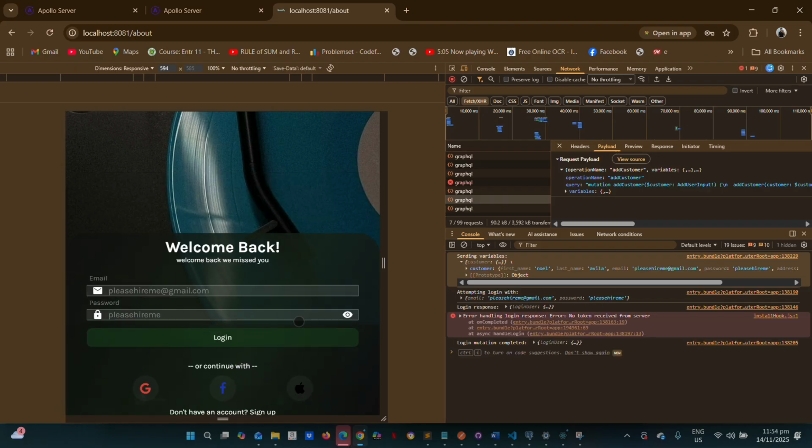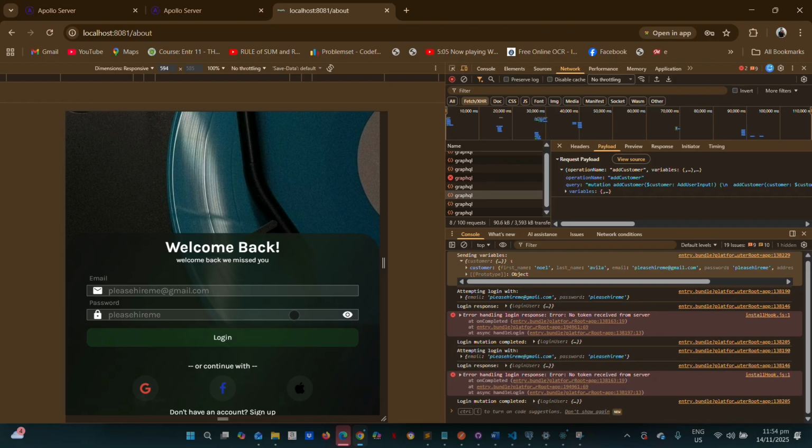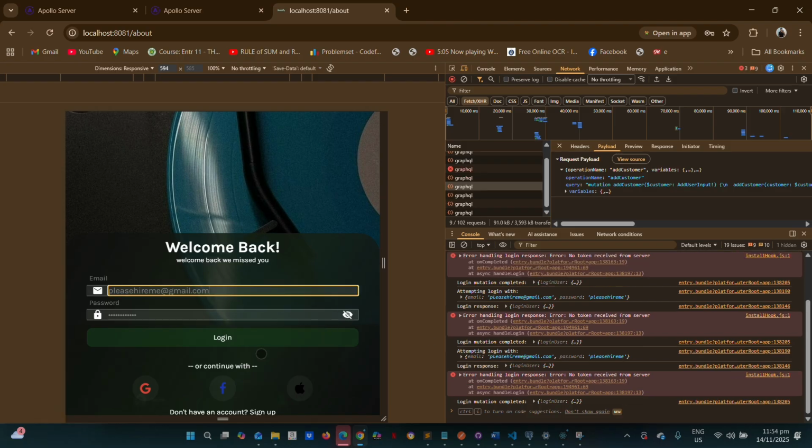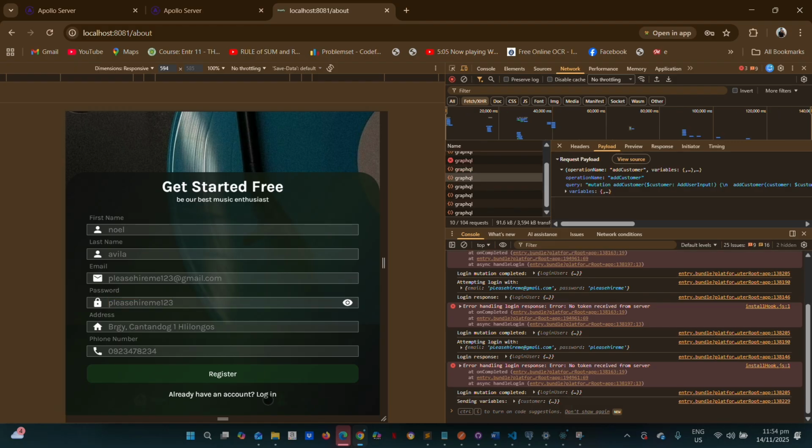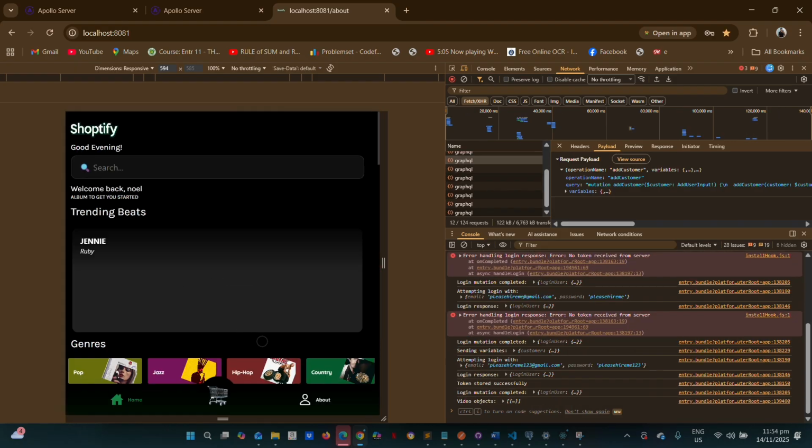Then if you log in, oops, wait, there's no token, which means we need to sign up again. 1 2 3. Let's try if this is going to work.